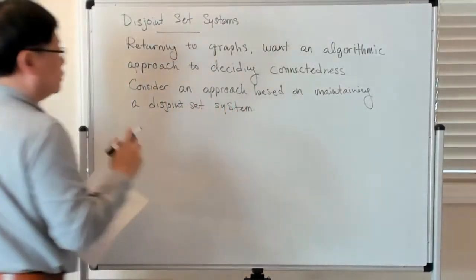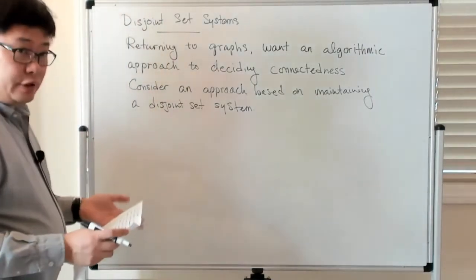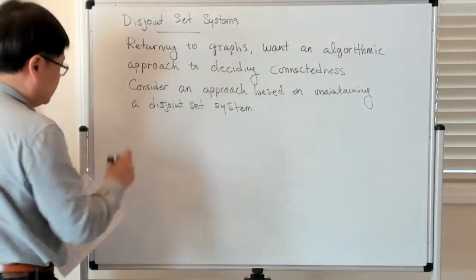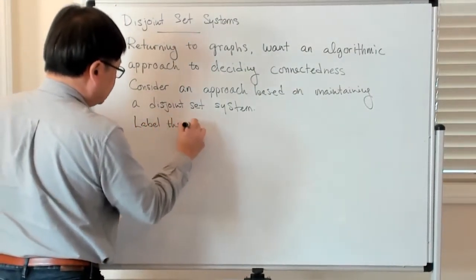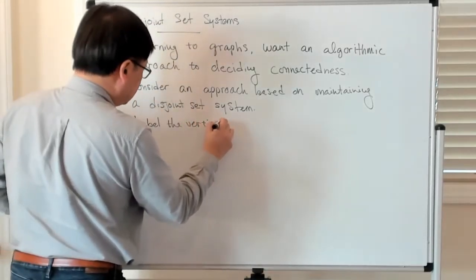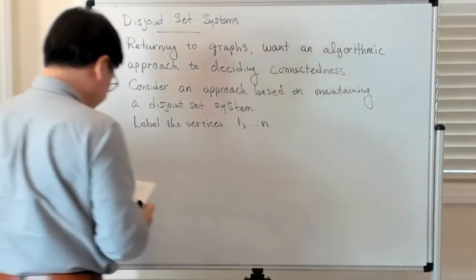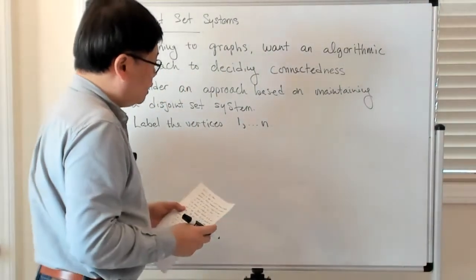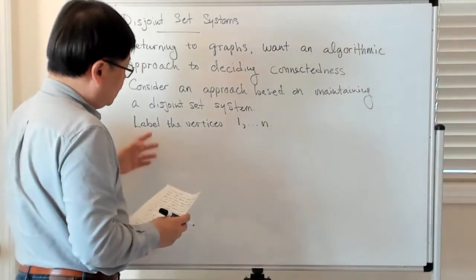All right. So again, we're in the setting of graphs. So we're going to label the vertices from 1 to n. Okay, and then you can think of the components as being subsets, of course, of this